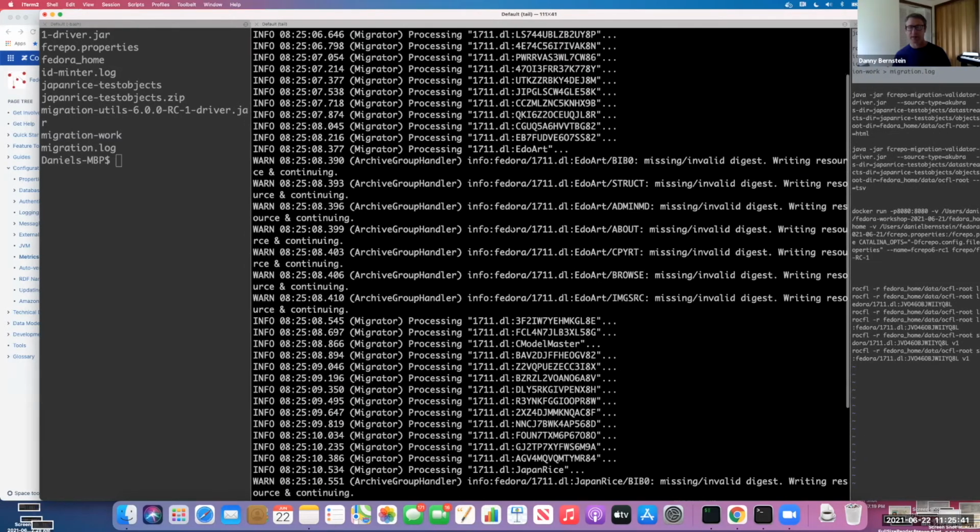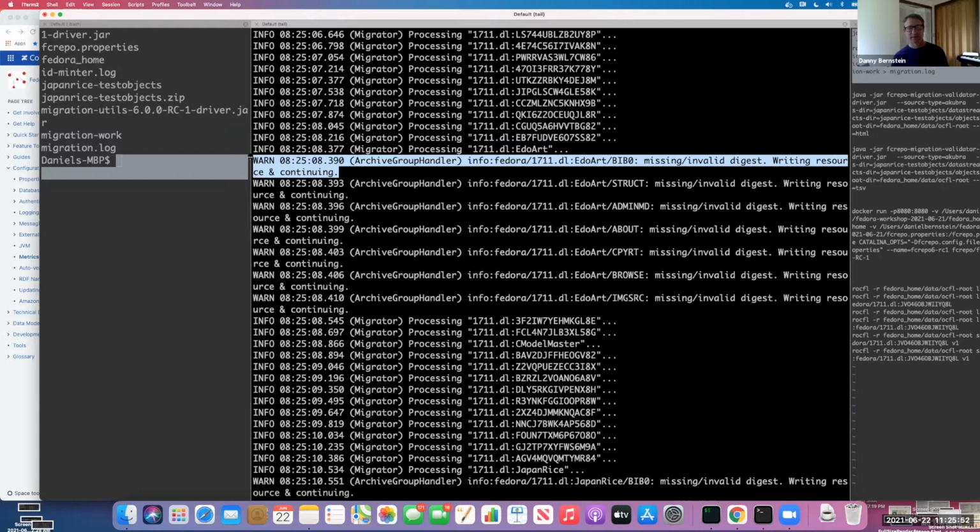Sure. And you can see it gives you a pretty rich output. Here's a warning showing that there's a missing or invalid digest. In some cases, this is not a problem. In this data set, there were some issues, but